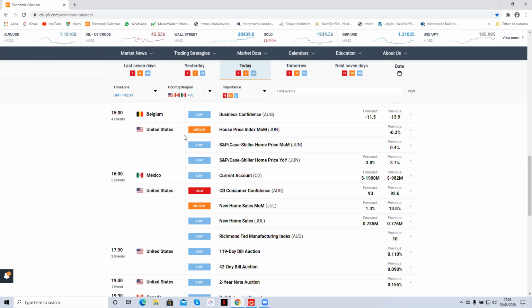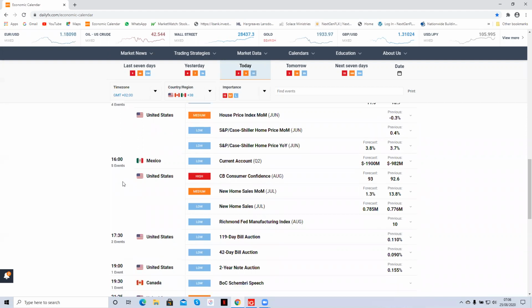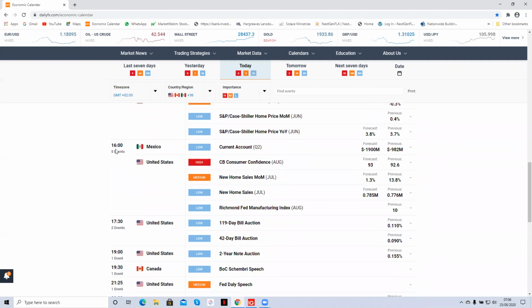That won't stop you from trading, but it's a good time to check the markets around that time to see what's going on. But that won't stop you from trading. Then at 4 o'clock, again, these are all my times, GMT +2, we have again, out of the United States, the CB, which stands for Conference Board. That's the Conference Board Consumer Confidence Report.